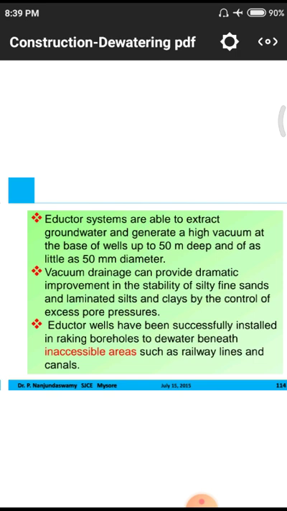Likewise, here also there may be vacuum drainage. In normal houses we maintain free drainage, which means there are no pressures created on the drainage systems. But here we are creating vacuum drainage. That means there is a huge amount of pressure for extracting the water beneath the surface. Why? Because if there is no pressure, water will automatically flow from higher altitudes to lower altitudes.